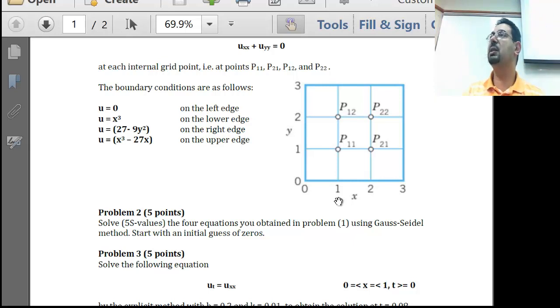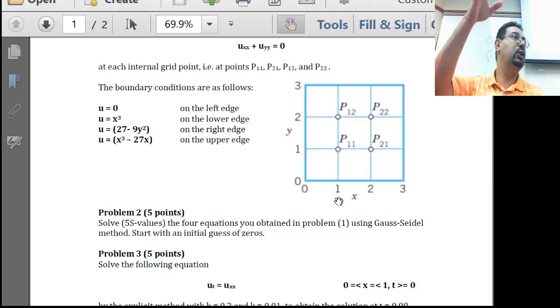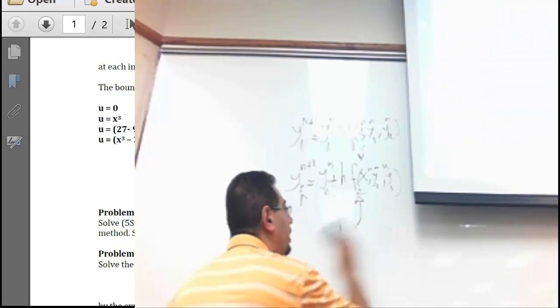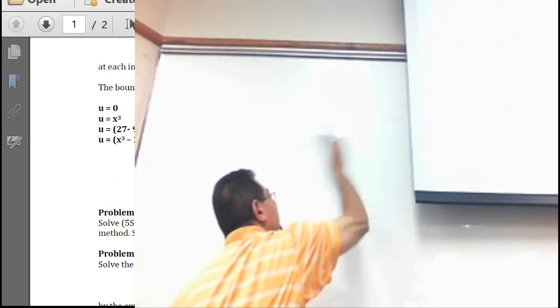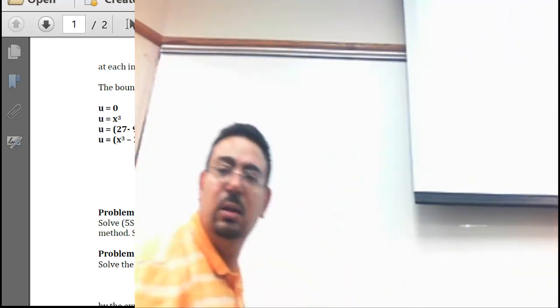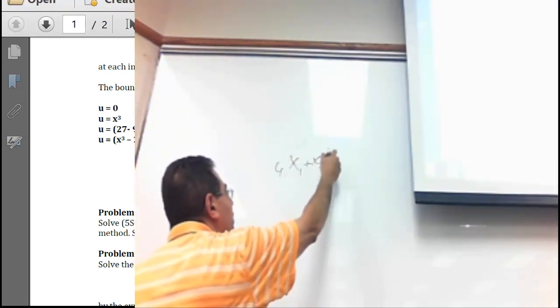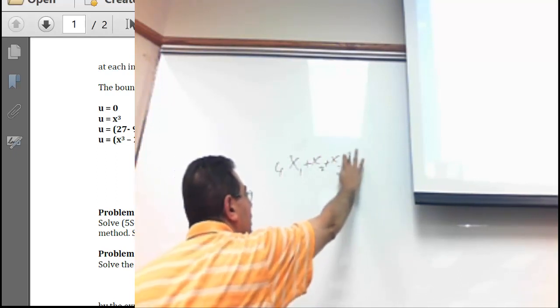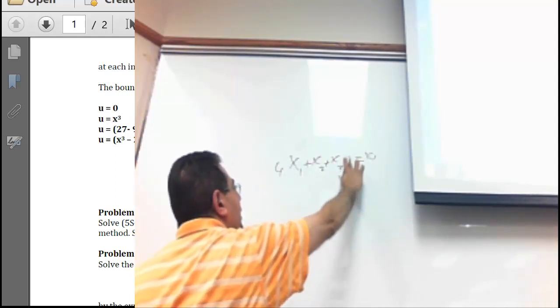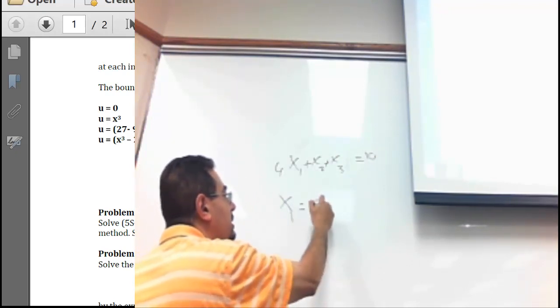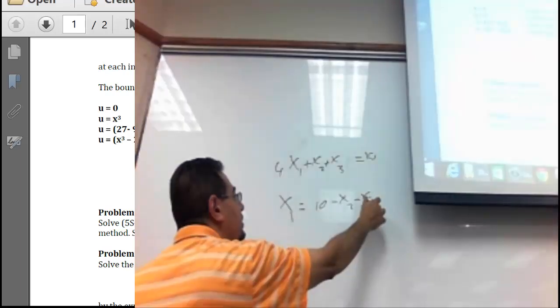So let's say the first equation is 4x1 plus x2 plus x3 equals 10, right? So the Gauss-Seidel formulation for this is x1 equals 10 minus x2 minus x3, the whole thing